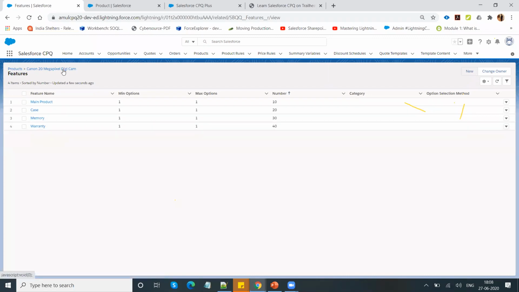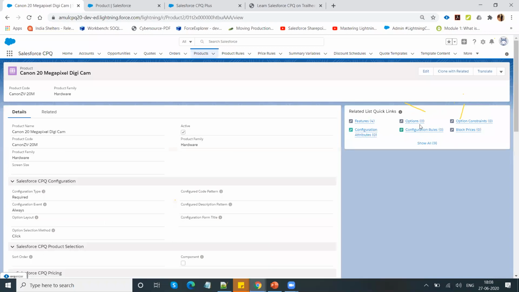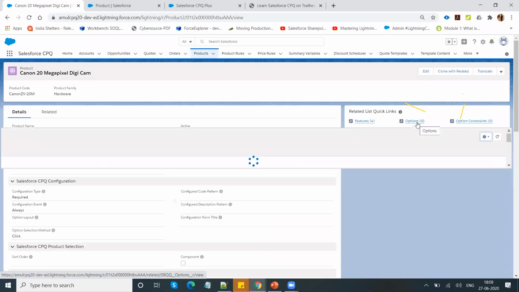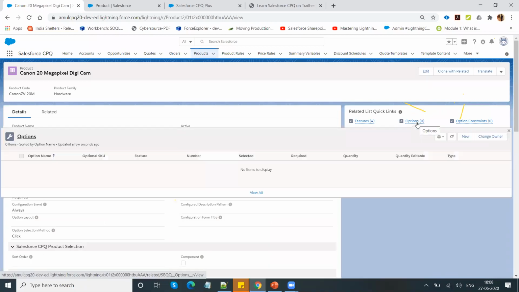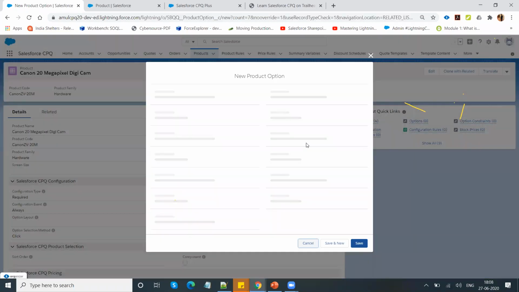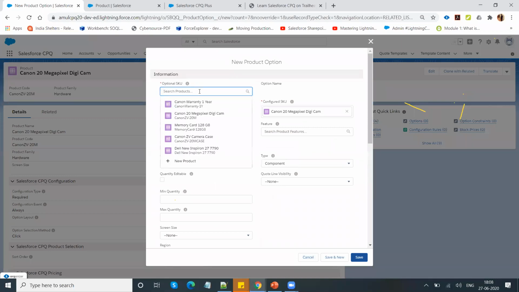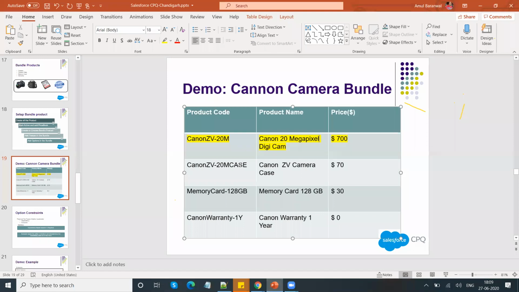Okay. After creating the feature, my next step is to add the options in it. So options are basically a component in that product. Let me add. Under this camera, what options do I have? I have 3 more options called case, memory card, and warranty.